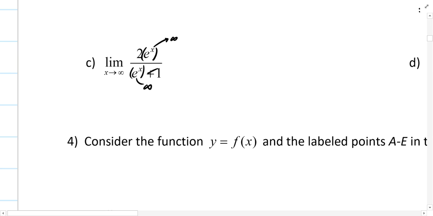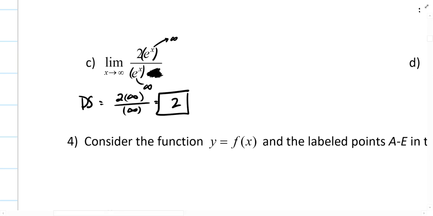And while this plus 1 or plus any constant has virtually no effect on the value of infinity, it's relatively nothing compared to infinity, we might recognize that the limit result here in a direct substitution of sorts is going to be 2 times infinity divided by infinity, which would then be 2. And in our last example of this group,